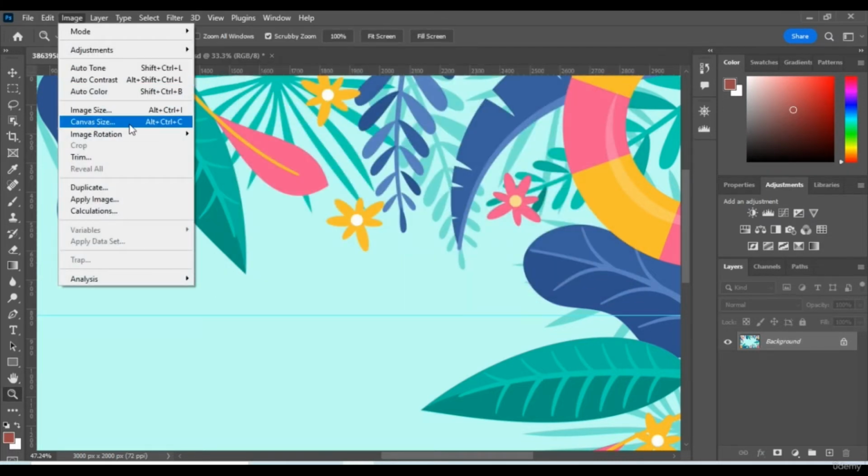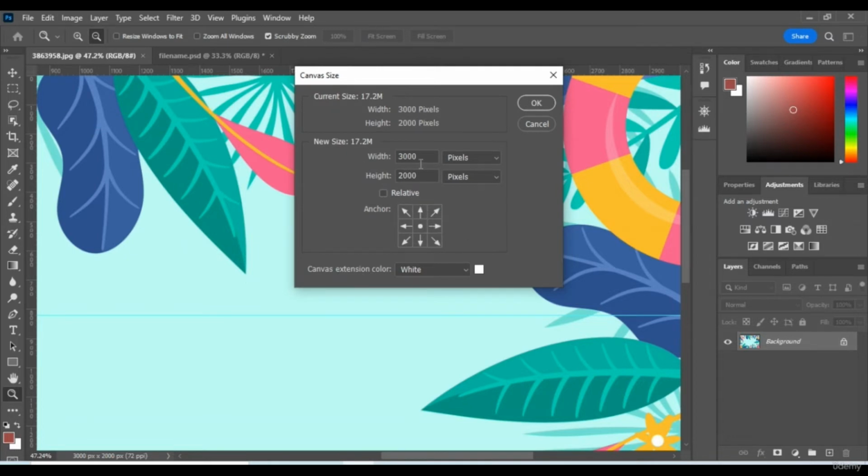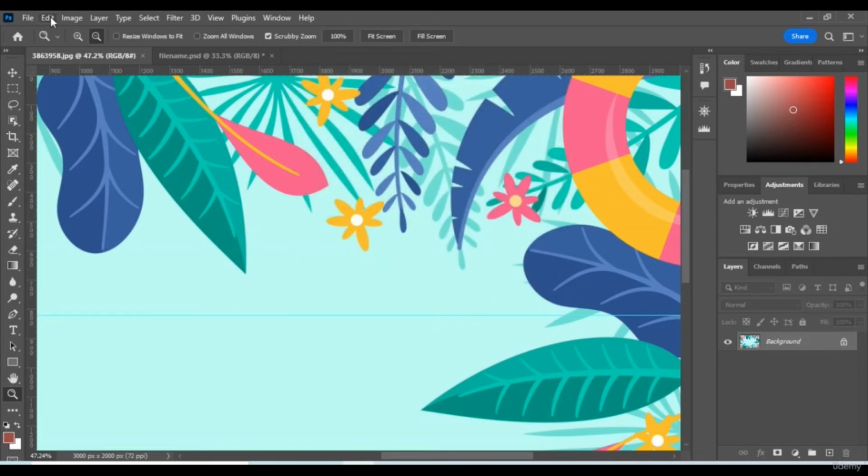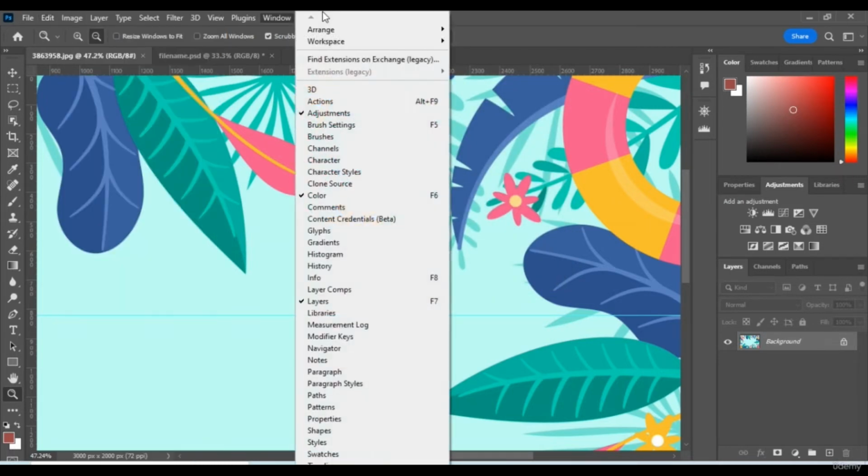Canvas size, or press Alt Ctrl C. This is the width and height, and this is the unit. And the anchor right here is to resize, and you can click whichever arrows that you like to decide which direction you want to resize, to enlarge or to shrink in size. Click cancel. Oh yeah, one more thing, you can